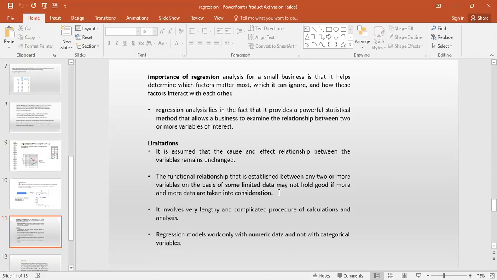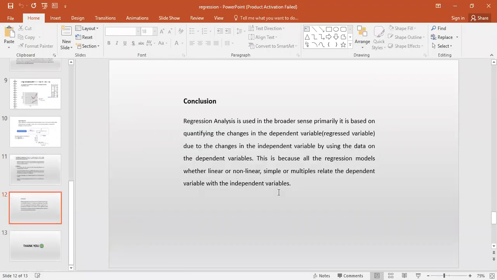So the main thing is that regression is carried out as we have dealt with statistical models. Through statistical models we get to know perfectly correlated values, and which things we need to include in our data set. So at last we can say that regression analysis is used primarily for quantifying the changes. It depends on the independent and dependent variables, whether the regression models are linear or non-linear. Based on that we can categorize, and whether simple or multiple linear regression.